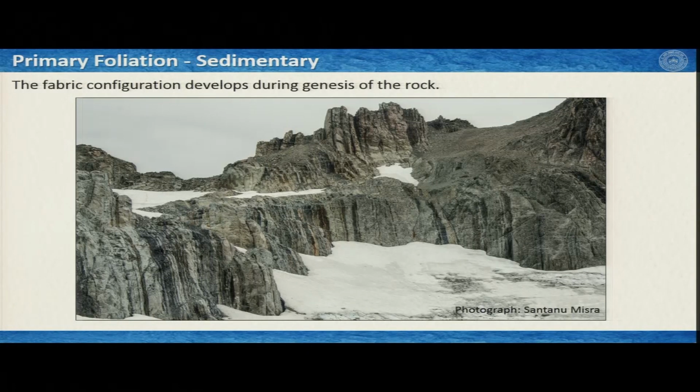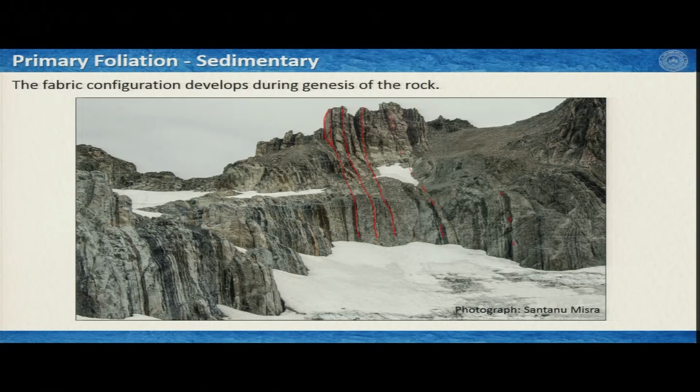Now, they do not necessarily have to be horizontal, they can be rotated due to some deformation, but their initial primary characteristics would certainly remain there. For example, what you see here, these sedimentary foliations are almost vertical. So, a plane is exposed here, and the traces on this eroded surface of this bedding plane go something like that. So, this is your